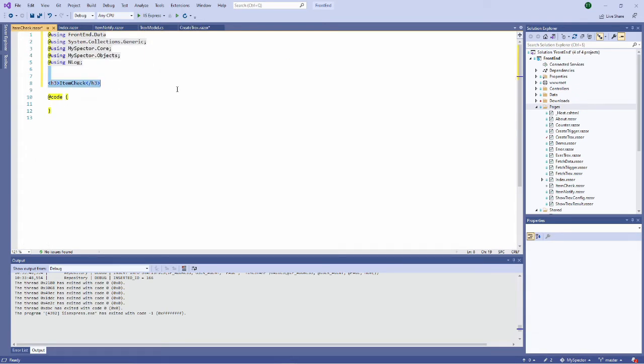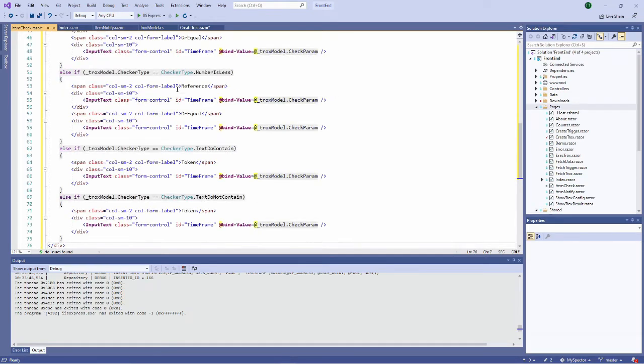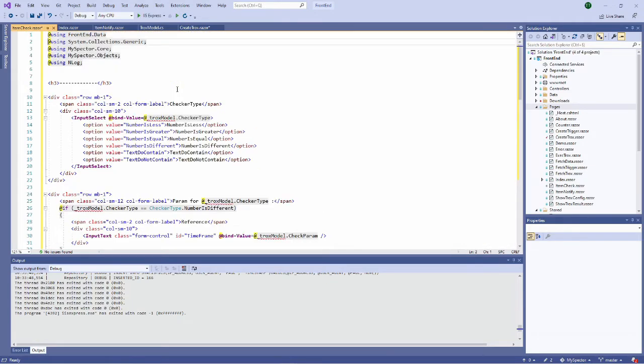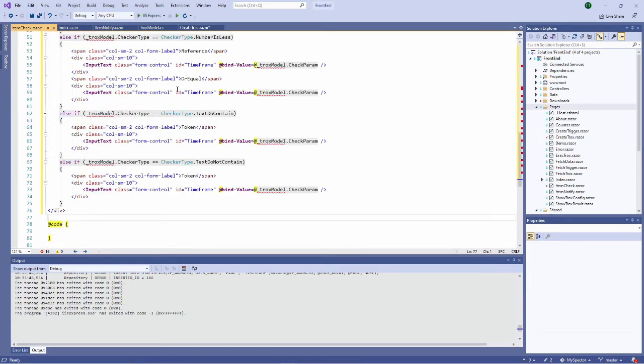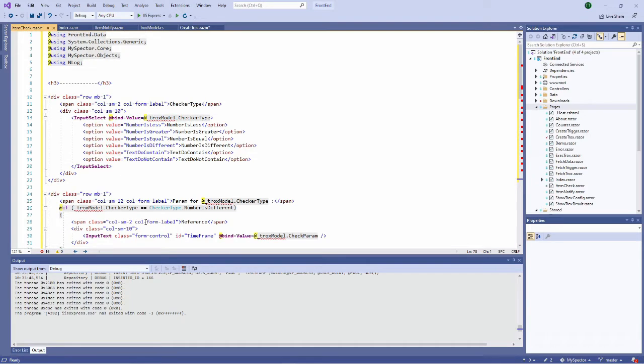What I can do for fun is to do something like this. Okay. Like this, I have the div. I go above. I take H3. I go to the end just to manually see the bottom and the top. And here you have some errors. You have some errors because in fact the input is bound to a model of the creatrux which is not available anymore because it has been isolated.